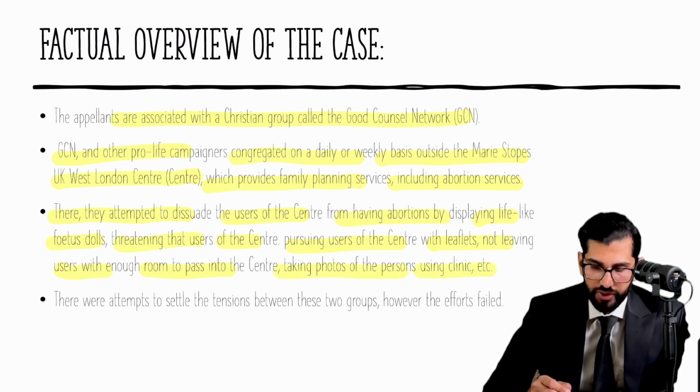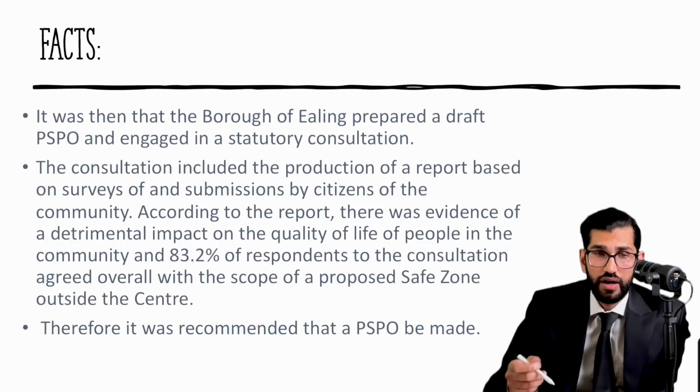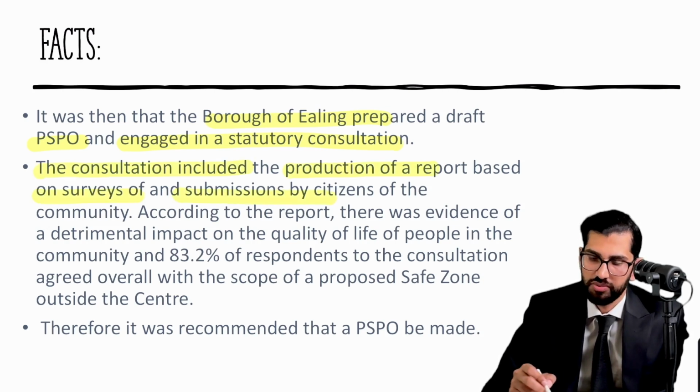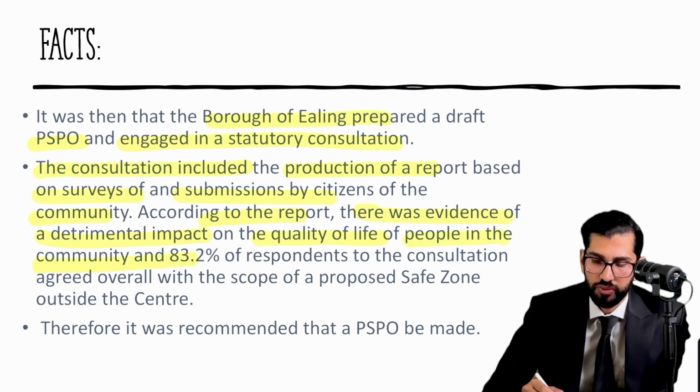There were attempts to settle the tensions between the two groups, however, the efforts failed. It was then that the Borough of Ealing prepared a draft of PSPO and engaged in a statutory consultation. The consultation included the production of a report based on surveys and submissions by citizens of the community. According to the report, there was evidence of detrimental impact on the quality of life of the people in the community, and 83.2% of the respondents of the consultation agreed overall with the scope of the proposed safe zone outside the